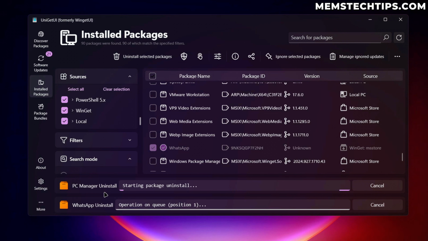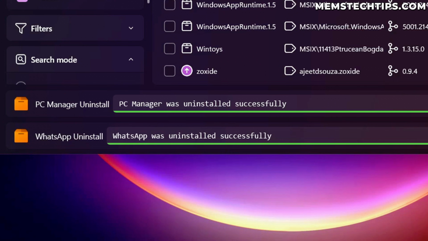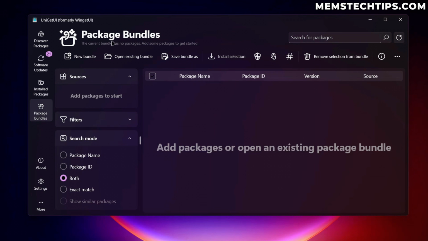Just going to click on yes. And now it's going to queue both of those for uninstallation and then uninstall it from the computer. So now I won't have those apps installed on the computer anymore. If we go to the package bundles tab here, this is where you can basically create a bundle of packages